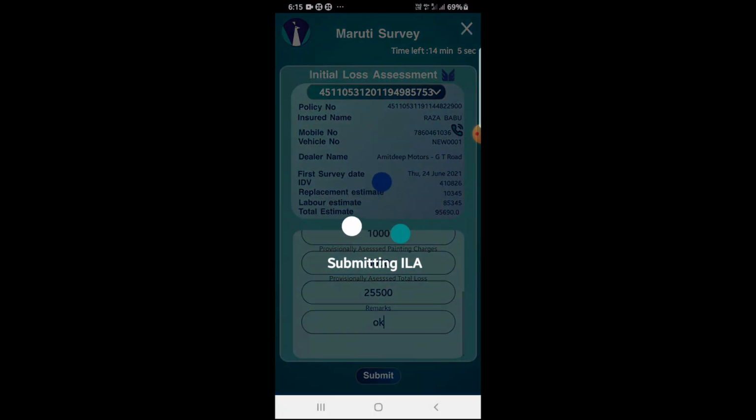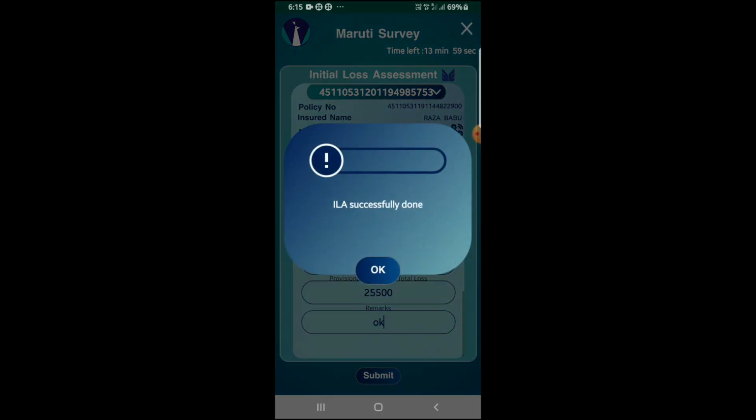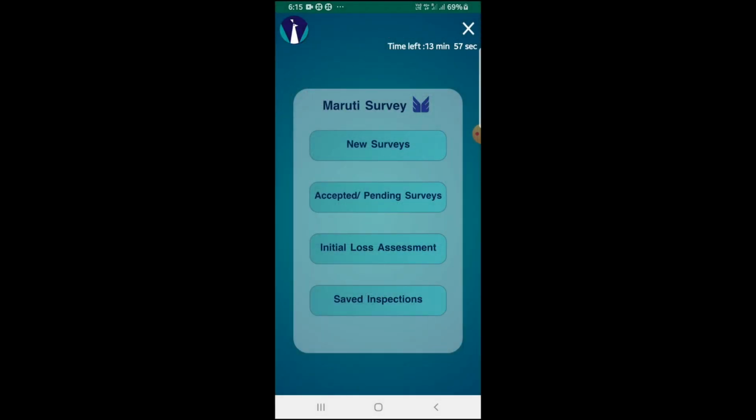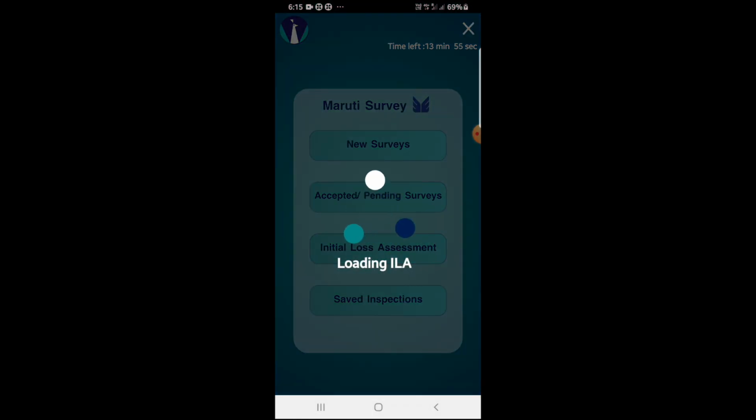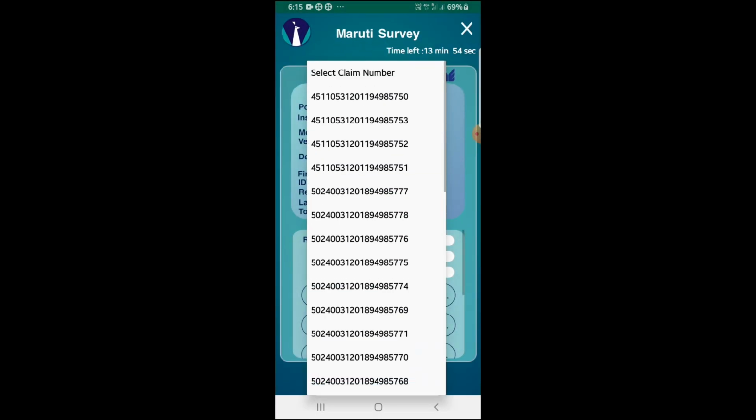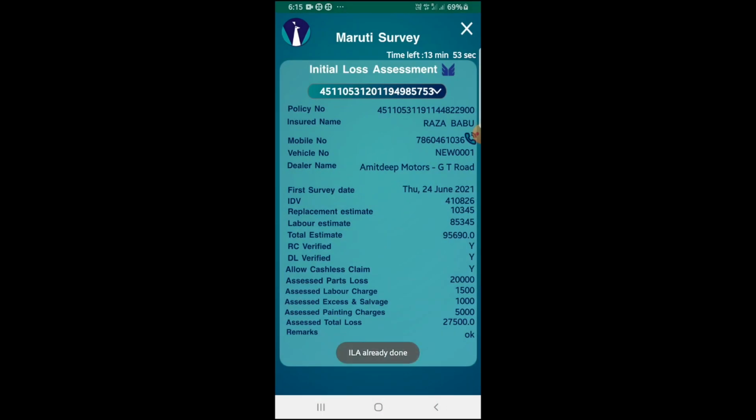After that, click on Submit. If you want to see the ILA data you have already entered for a claim, you can view it in a non-editable manner by selecting that claim number from the drop-down. However, note that once the claim has been settled, it will not be available in the drop-down.